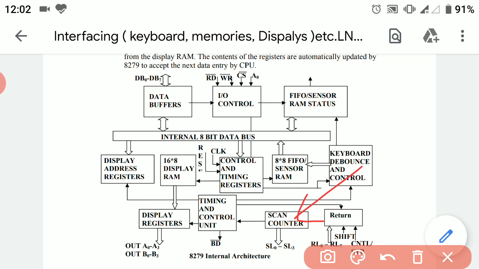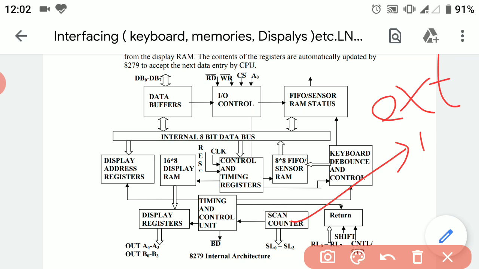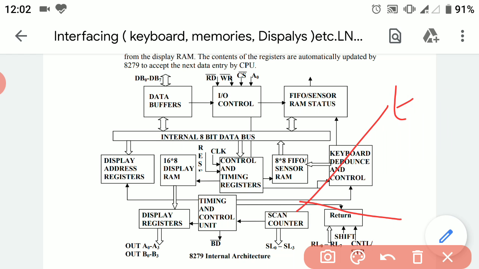In the encoder mode, the decoding of scanning lines will be done by any external device. So scan counter actually works on two modes, that is encoder mode and second one is decoder mode.